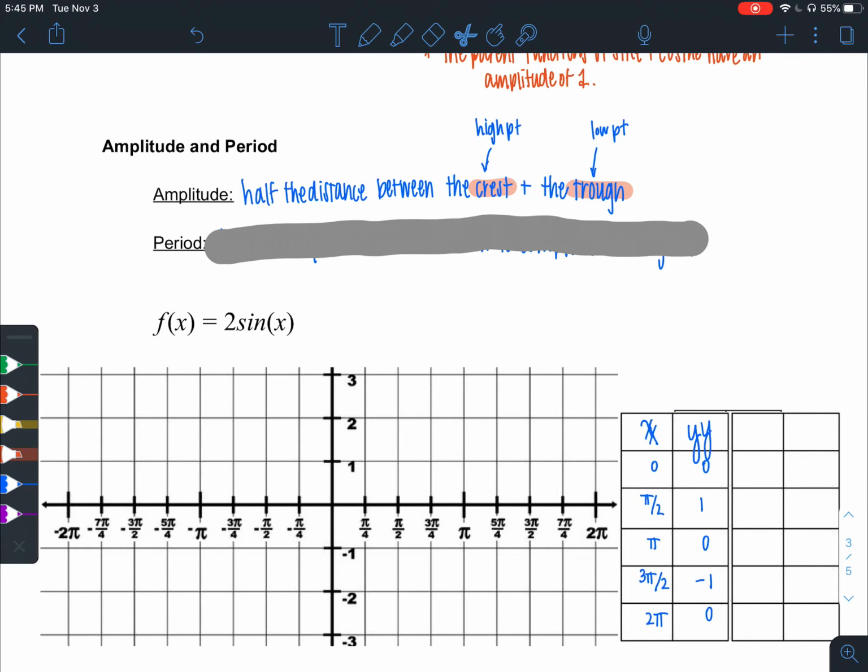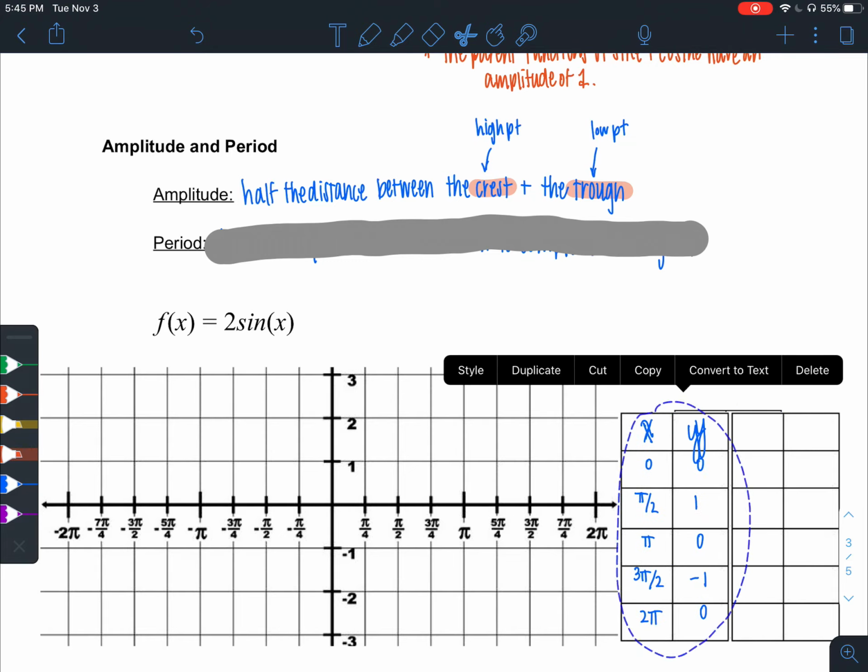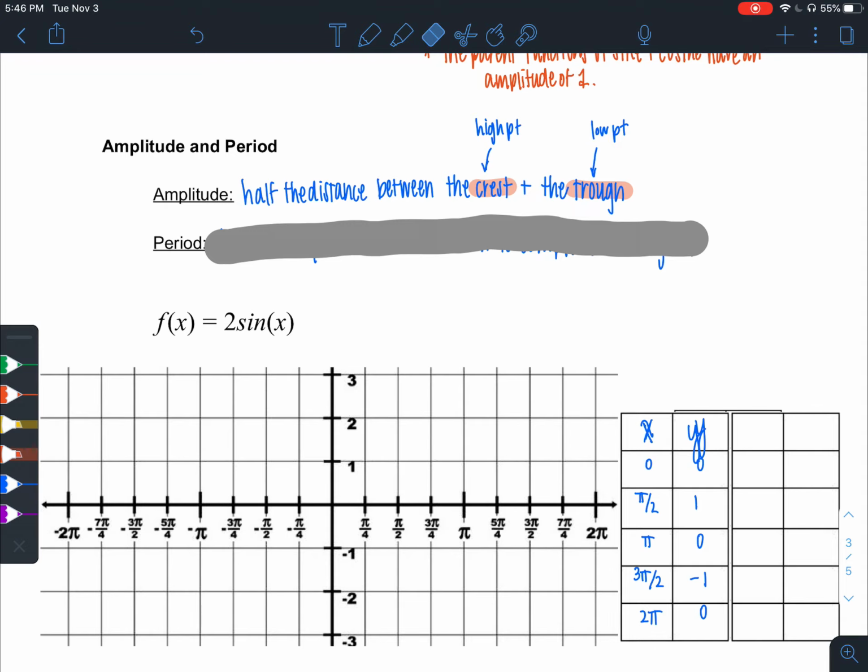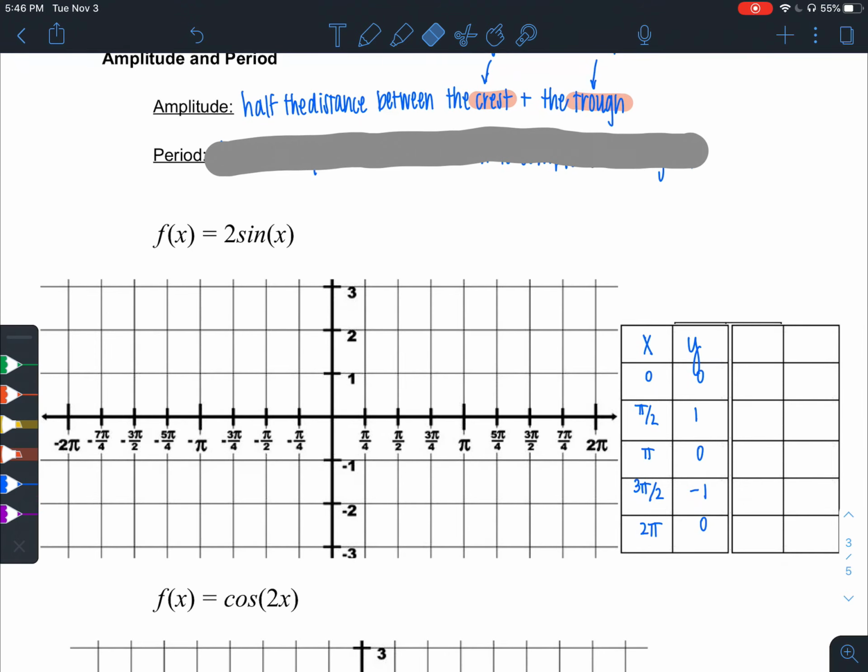Let me delete these old ones here. Okay, so I have x and y, and it's 0, 0, pi over 2, 1, pi 0, 3 pi over 2, negative 1, and 2 pi 0. So this is our parent